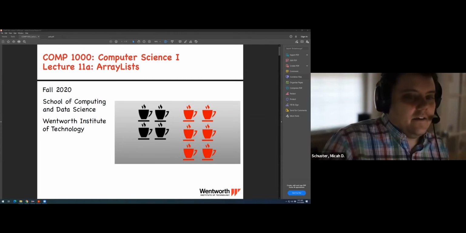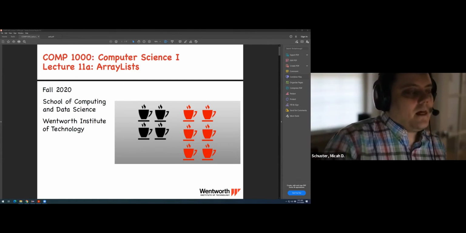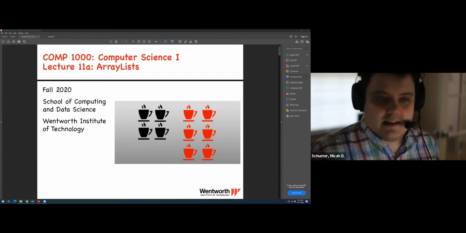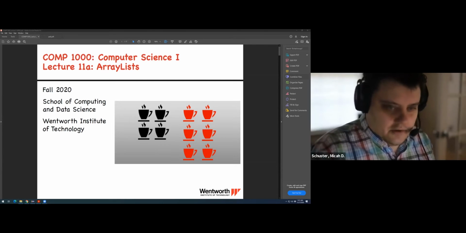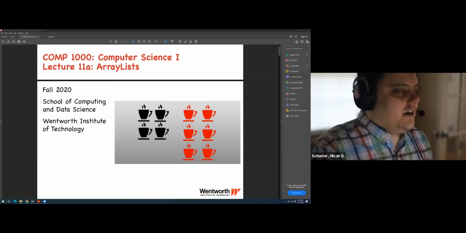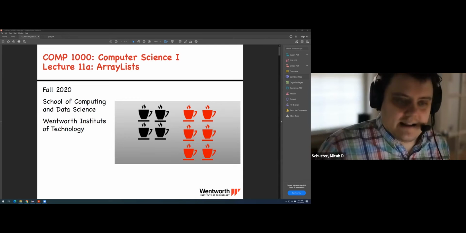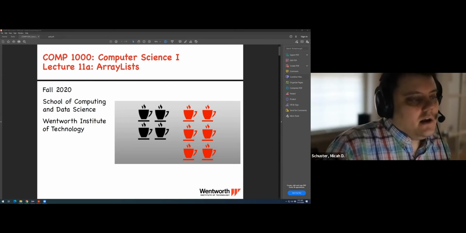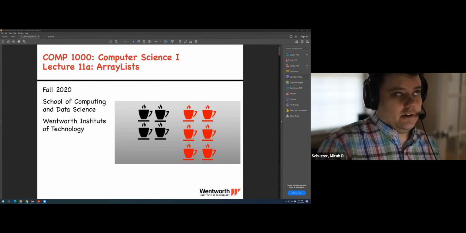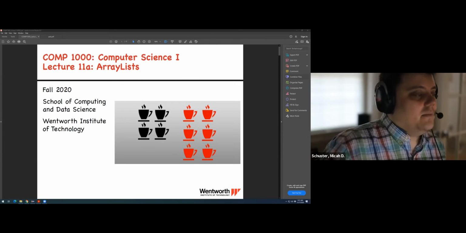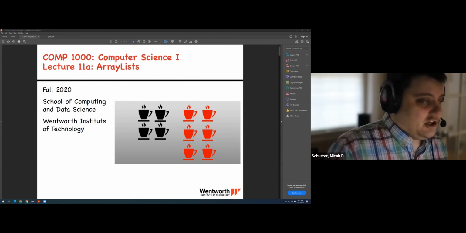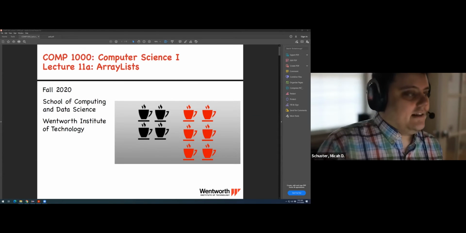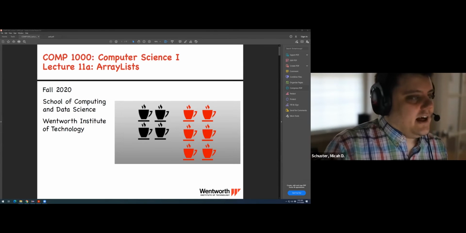And if you're going on to CS2, this is something that we cover in a bit more detail, learning about the whys and hows that make an ArrayList actually work properly. In fact, with the stuff that we'll learn today and potentially some in CS2, you could essentially make your own version of the ArrayList class, which is something that I think they probably do in a data structures class for